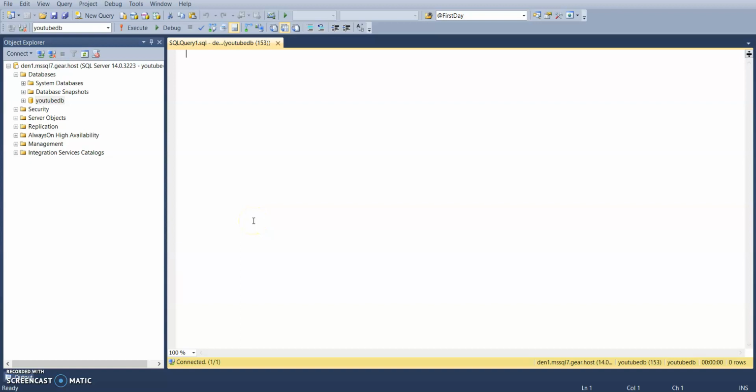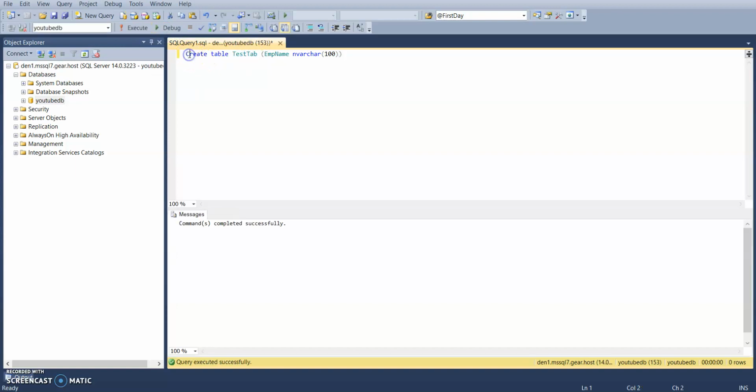Let's create a table. Run this. Okay, table created successfully. Let's add some records and see if it's working properly or not.